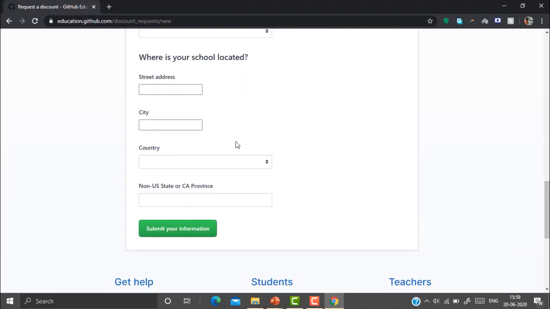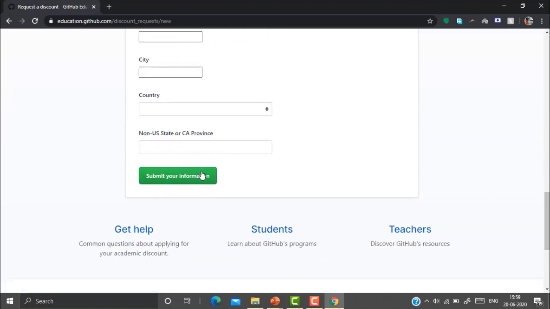We need to enter every detail if our school is not listed. Then submit your information. Once the people from GitHub verify your details, they'll give out the plan. We'll get the student plan, and you'll also get a confirmation mail from GitHub.